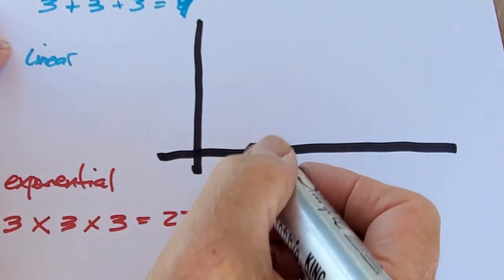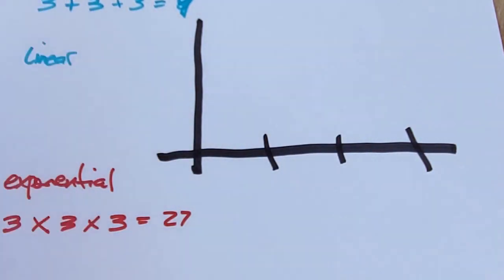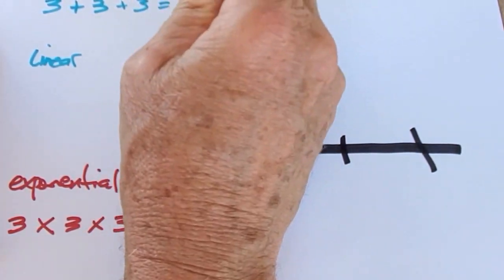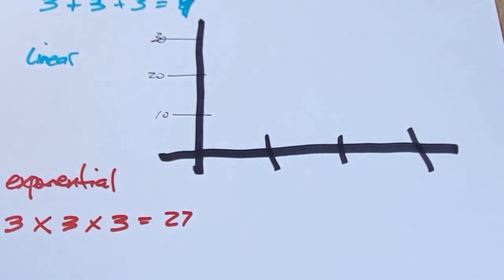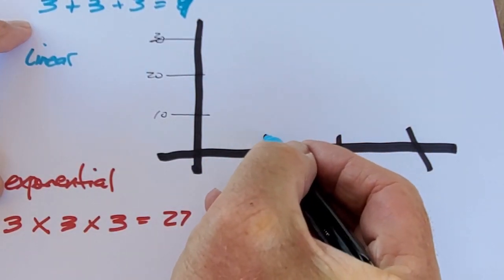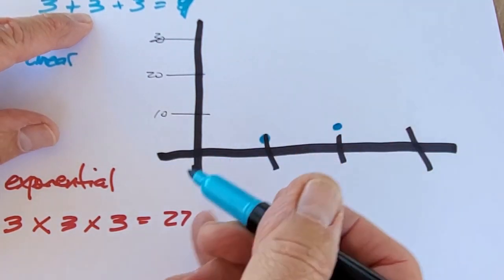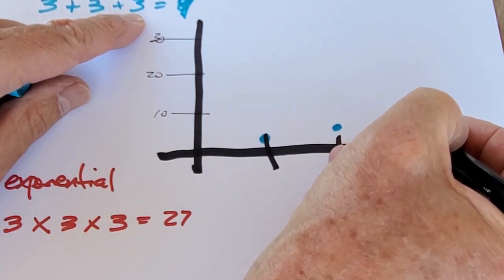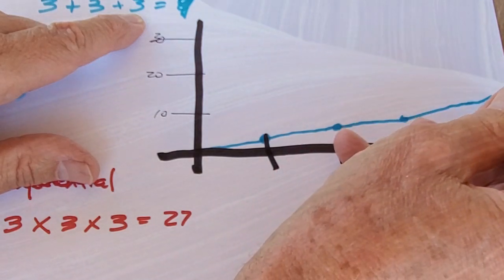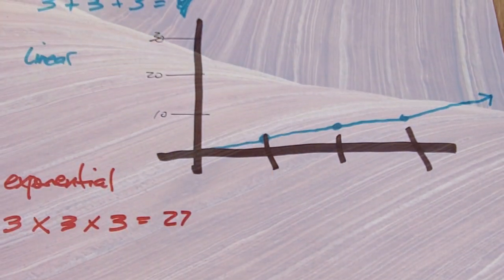So let's say that this is the number of weeks that go by, and over here on the side, this is 10, 20, 30 customers. So let's plot the linear. End of the first period, you have 3. End of the second period, 6. End of the third period, 9. And here's that straight line. You started with 0, and so you would expect the future to look just like that, given the same linear addition.